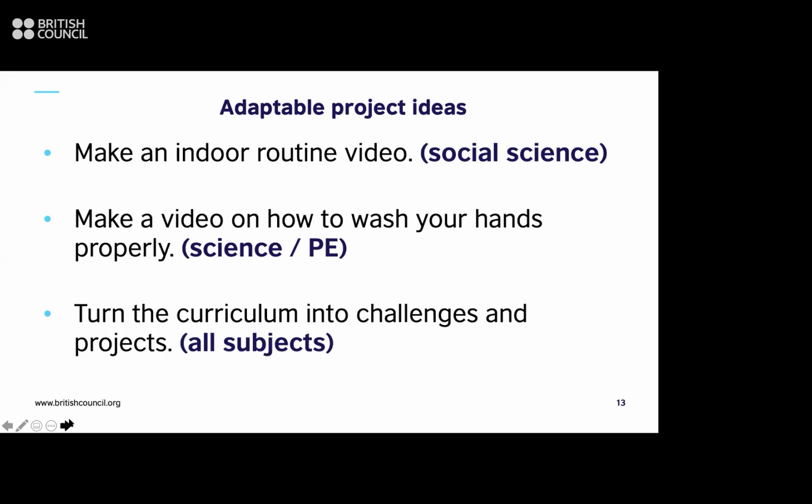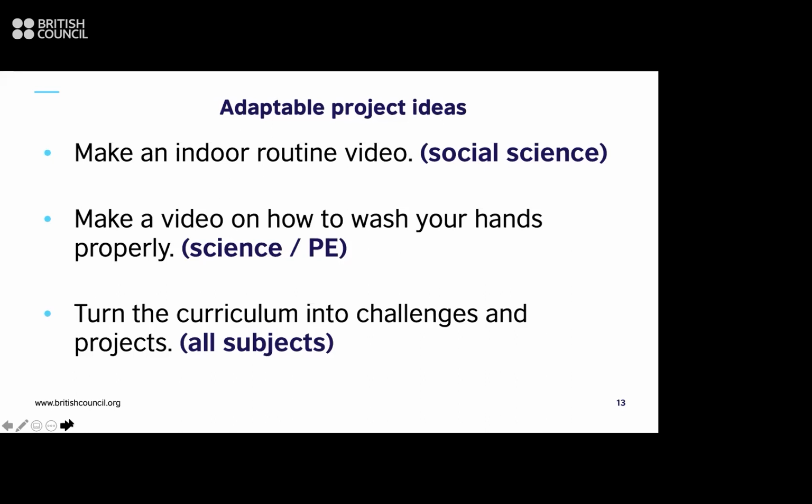They like seeing themselves on camera. And also, practicing in front of a camera, even if you're not sharing it with anyone, is really useful for improving your English. So these are all great ideas that could keep them engaged and motivated, and also practicing their English. And I think the final one to say is that, basically,